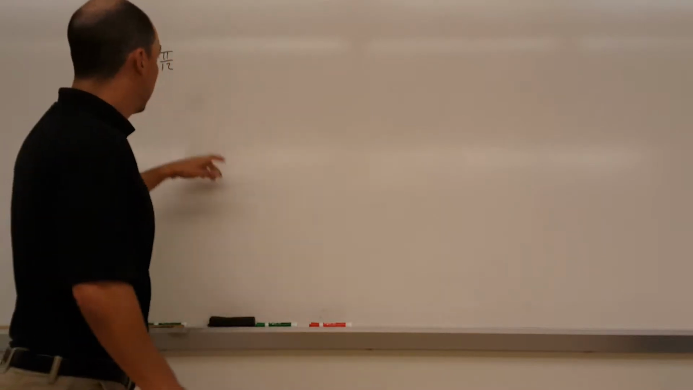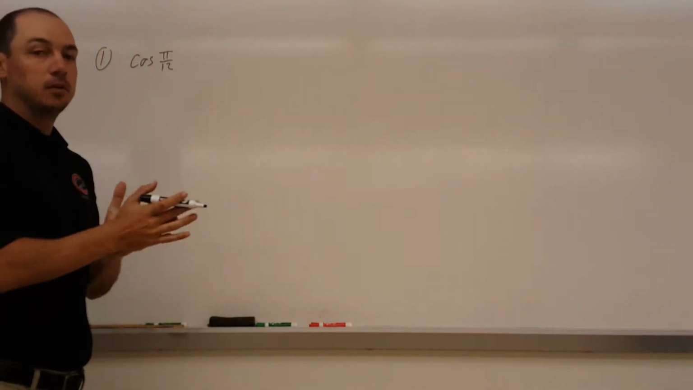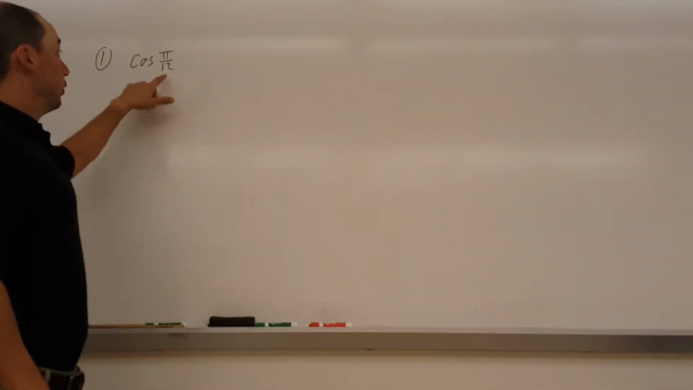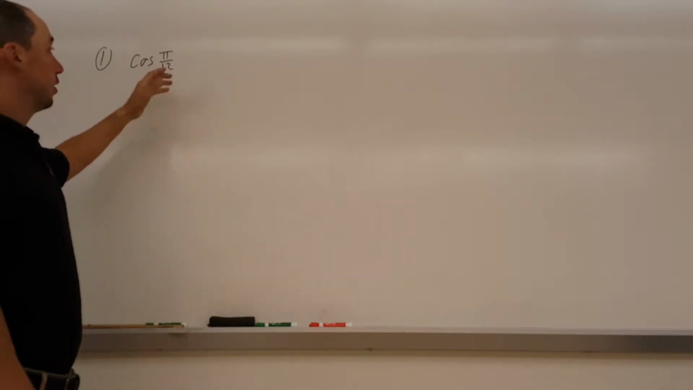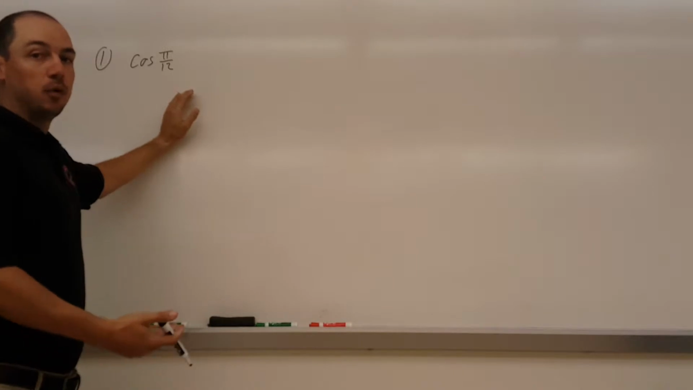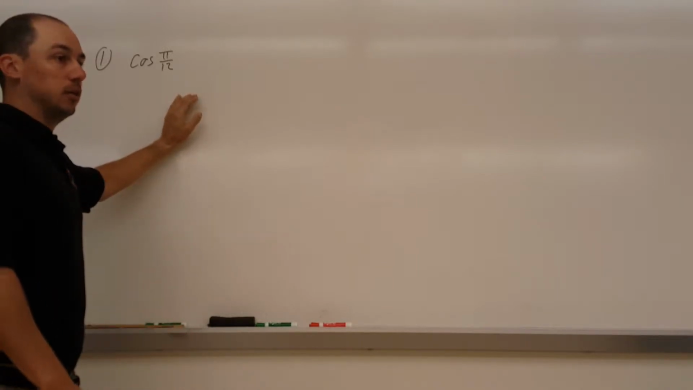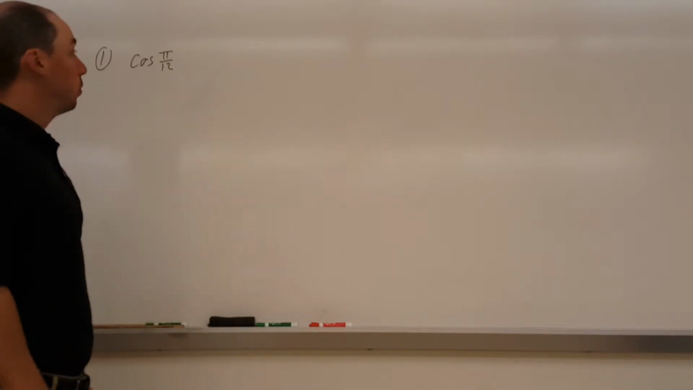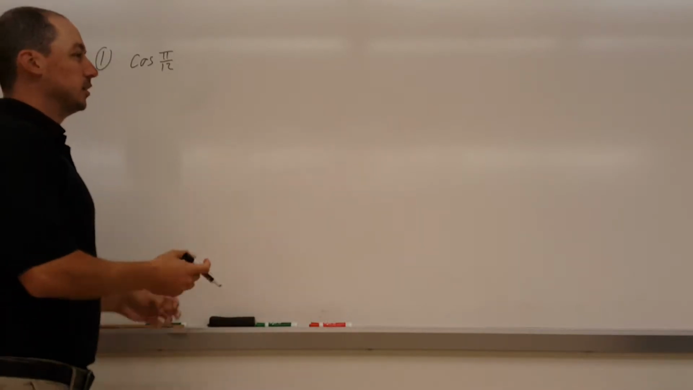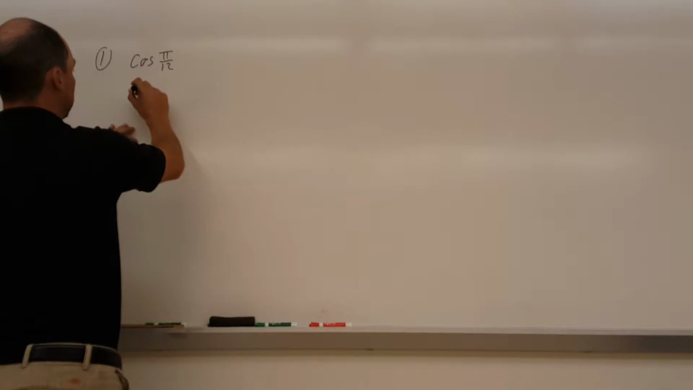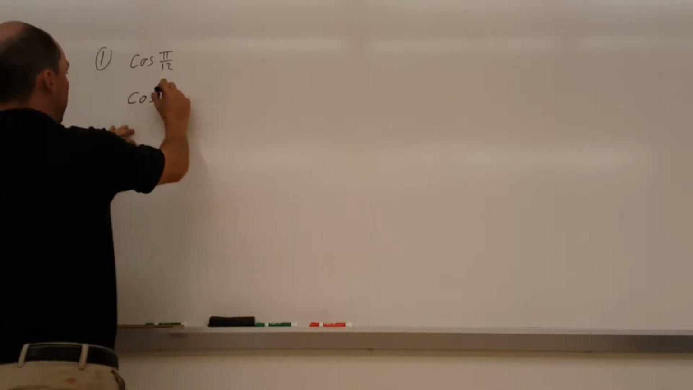Our next problem, cosine of pi over 12. We're going to do the same thing, but with radians this time. We recognize that pi over 12 is not a special radian value. We're looking for radians that are something like pi over 3, pi over 4, pi over 6, pi over 2, or a whole pi. So pi over 12 is not going to work, but we can rewrite this. Try this thing, cosine of